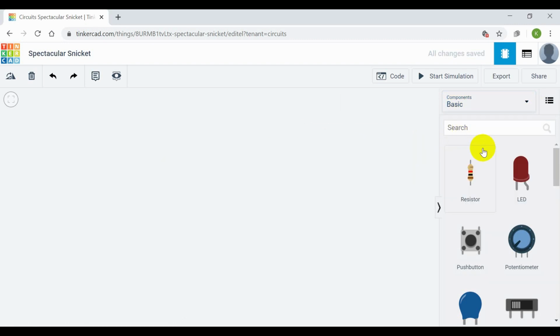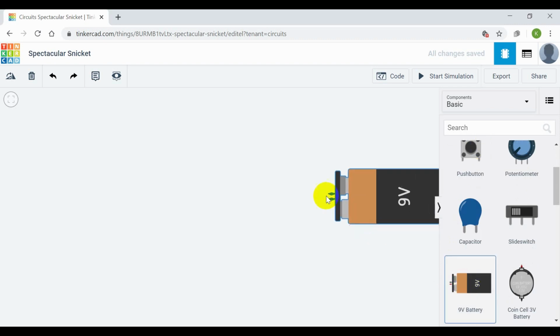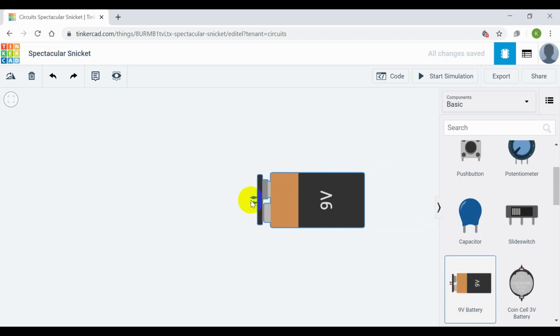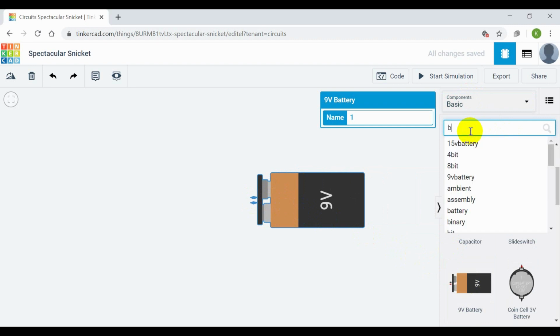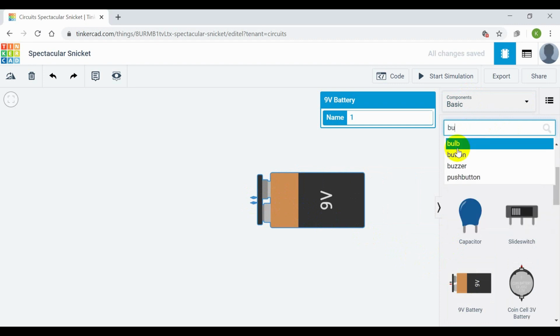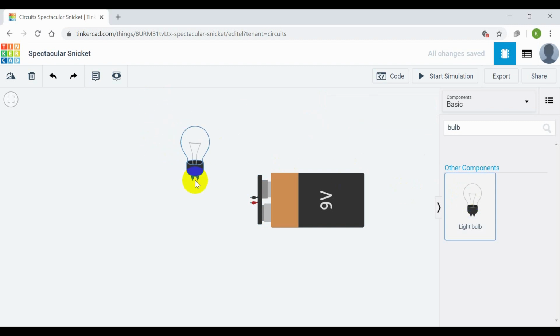For example, if you select this 9 volts battery, select, drag and keep it here. Next, I'm taking a bulb. You can search here for any component. Bulb. This is the bulb, drag and drop.